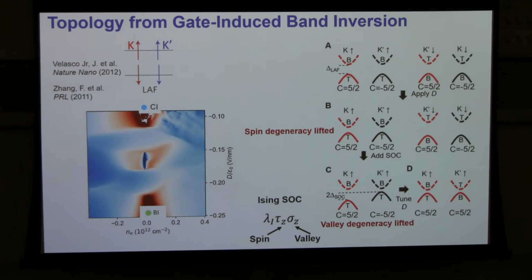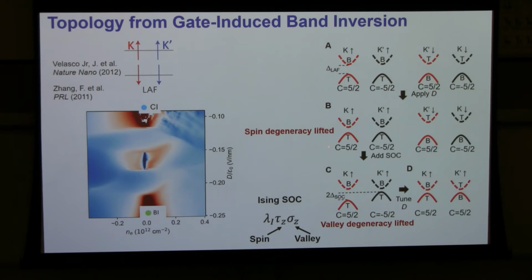Now, the first thing you do is to apply some displacement field. What that does is to introduce an electrostatic potential energy difference between the top and bottom layers. Okay? You shift up in energy all the bands that are labeled as T, and you lower the energy of all the bands that are labeled as B. In this case, you already break the spin degeneracy, because now if you cut here, you only have spin up bands, not spin down electrons. Okay, then the degeneracy is reduced from 4 to 2. You can forget about these two bands. That's a large gap and doesn't really matter for the topology of the ground state.